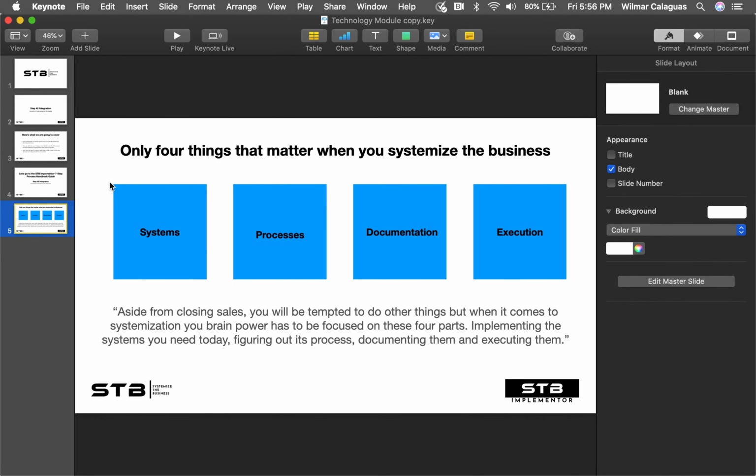All right. Only 4 things matter when you systemize the business: systems, processes, documentation, and execution. Aside from closing sales, you will be tempted to do other things, but when it comes to systemization, your brain power has to be focused on these 4 parts: implementing the systems you need today, nothing more, nothing less, and figuring out its processes. Remember, make it simple and concise, and all you want is a title, a description, and then a video,